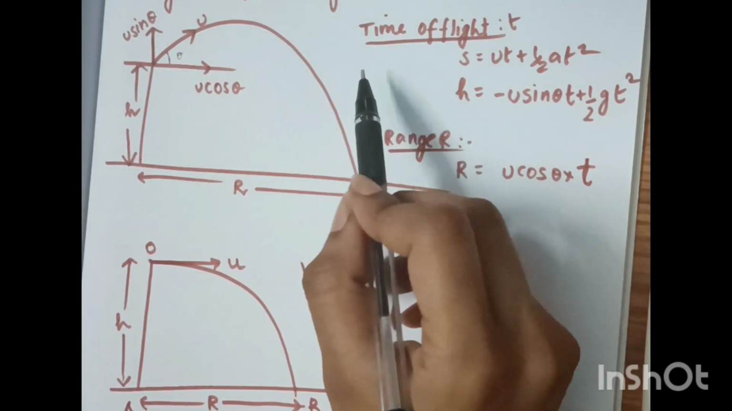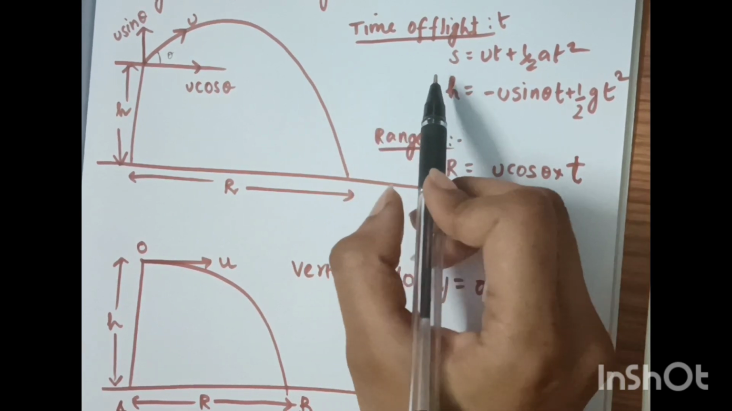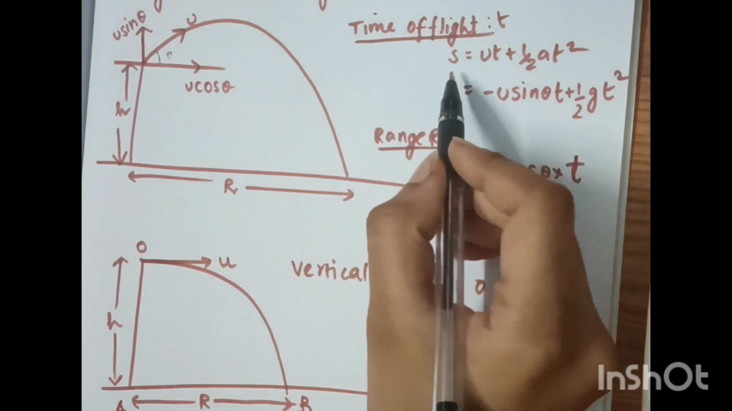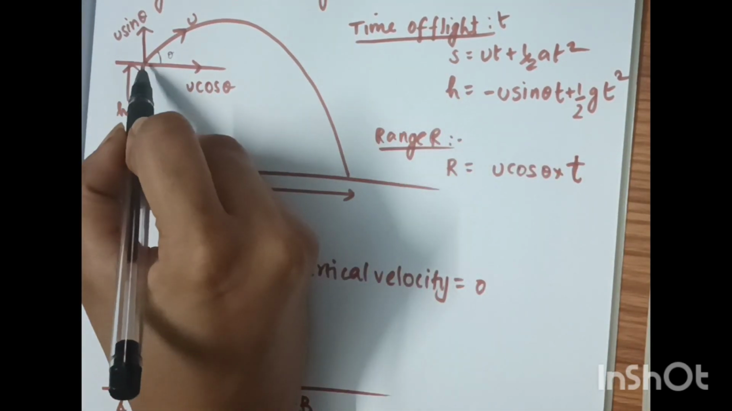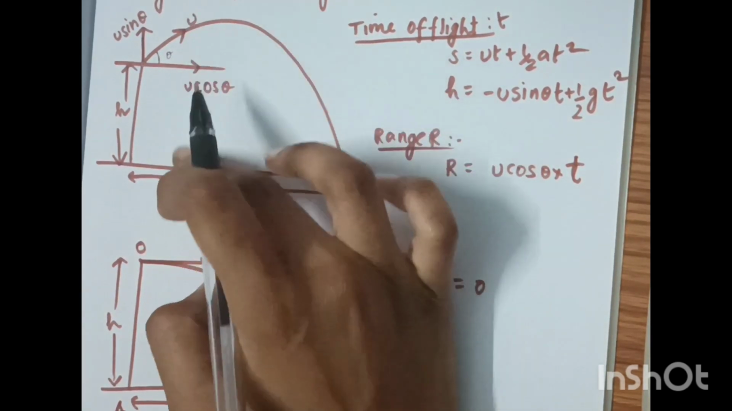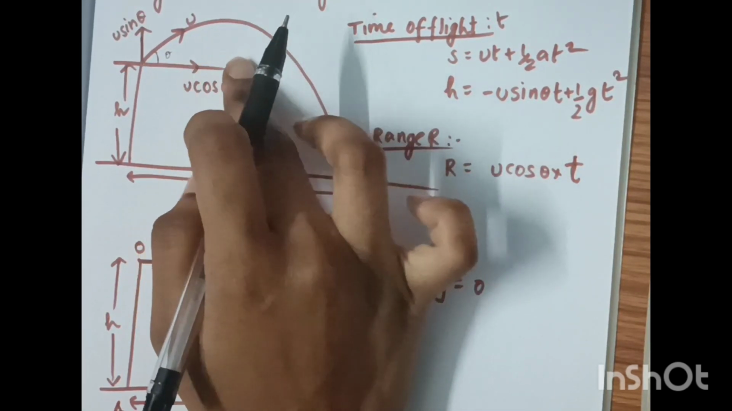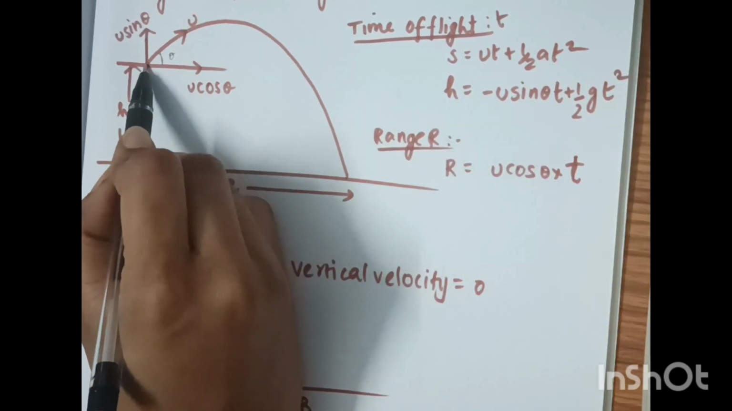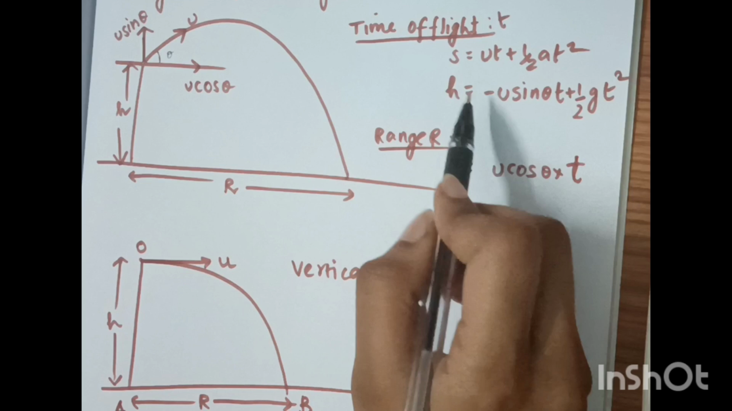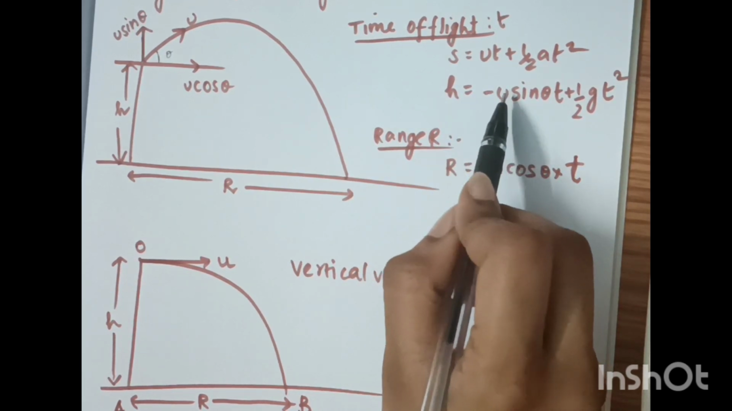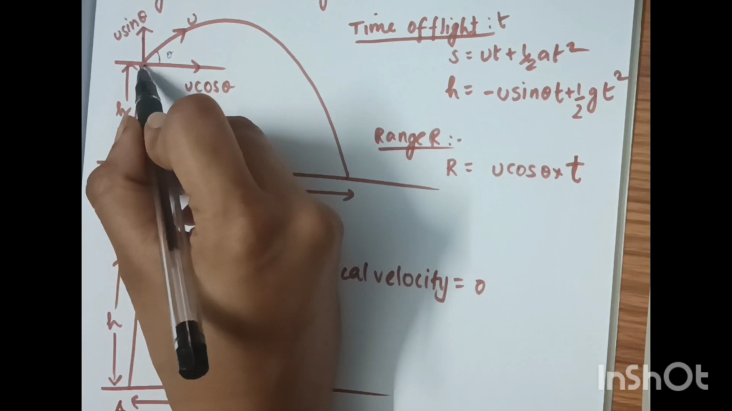Now let us apply the equations of motion. S equals ut plus half at square. We are applying it to the y components. Displacement is h. Why? Because it has started here and finally it has reached here. See the final displacement. So that is h, initially starting here and finally ending here. Minus, we are taking minus u sin theta. Why? Because it is falling